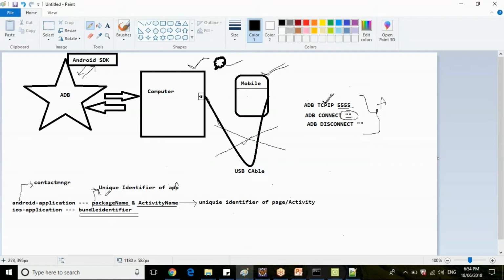You need this package name and activity name for your Appium scripts to work with a native application. Clear, guys? And in iOS, similarly, to identify your application uniquely, we use the bundle identifier.